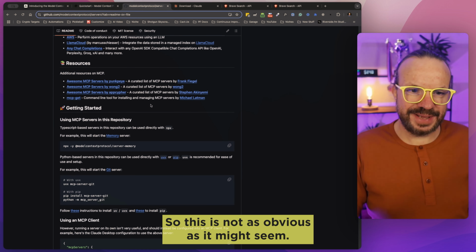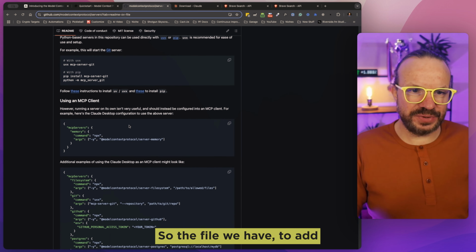So this is not as obvious as it might seem. The file we have to add, actually let me go into the file system one here, because that's the one we're going to be using. If I scroll down here, you've got to create this file, claude_desktop_config.json, and the place that you need to put it is not entirely obvious, and I'll show you why. The place you need to create this JSON file is in a very specific space, and they describe it on a Mac at least as Library and then Application Support, and then here there should be a Claude folder,